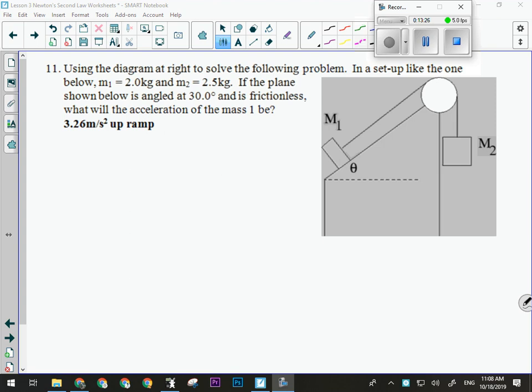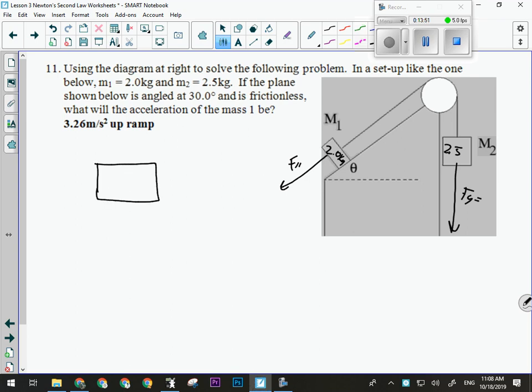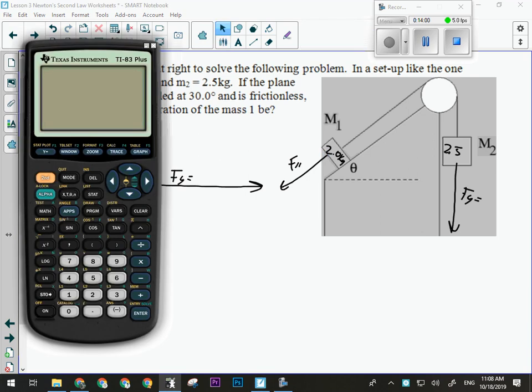The forces that are acting, okay, it says here that it's frictionless. If it's frictionless, the only forces acting are F parallel on the 2 kilogram mass and the force of gravity on the 2.5 kilogram mass. Those are the only two forces that are acting. So, very simply, I could simplify this whole thing to look like this. 4.5 kilograms is being pulled this way by the force of gravity on the 2.5 kilogram mass,